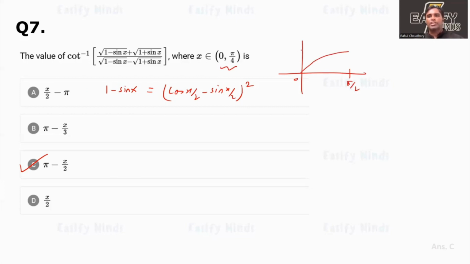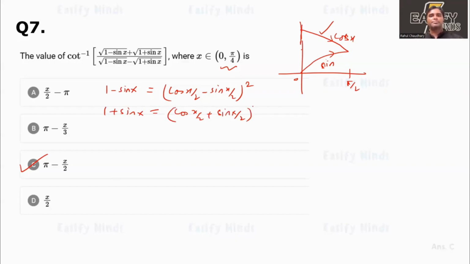Sin is going like this and cos is coming like this. Cos is coming like this, means cos is greater. This is sin graph and this is cos graph. So cos is greater, so I will put cos first. And 1 plus sin x we know already. Cos x by 2 plus sin x by 2